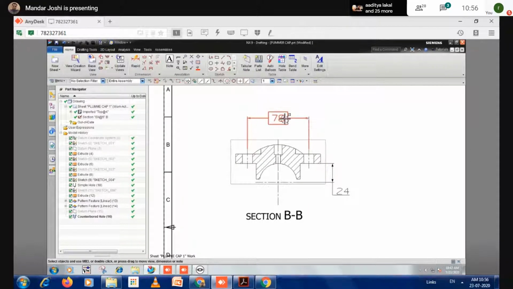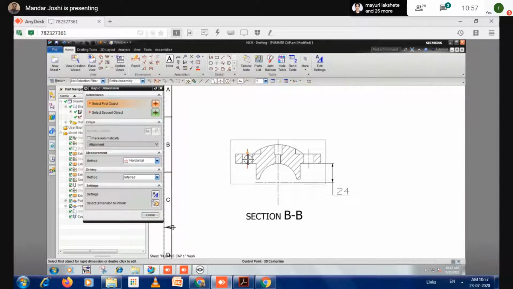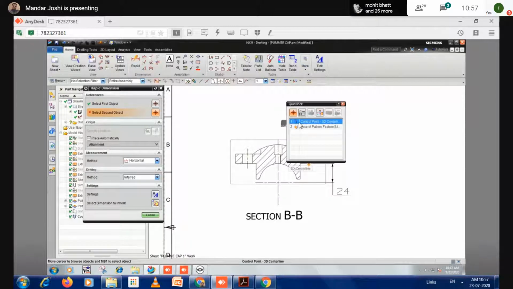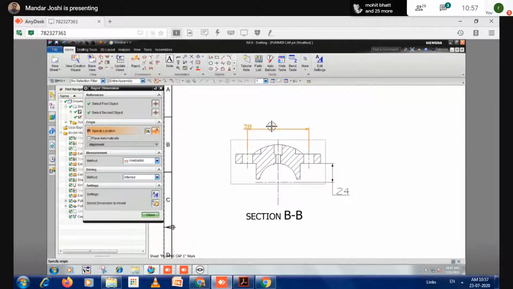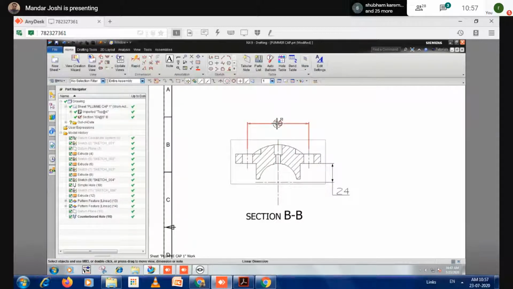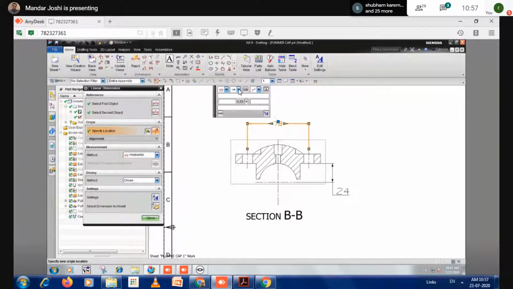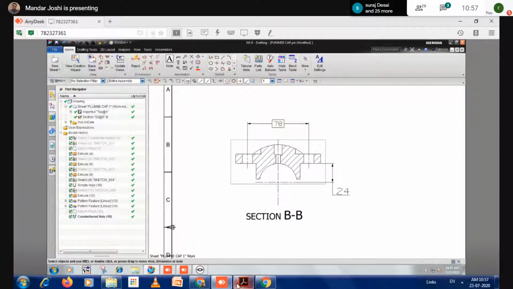Okay. Now I simply delete this and once again put the value of 78 from center to center distance. Now that size is reduced. Okay, but I need that size in a box. Double click here. Here I change this box value. So this is the basic size. After that, next size,